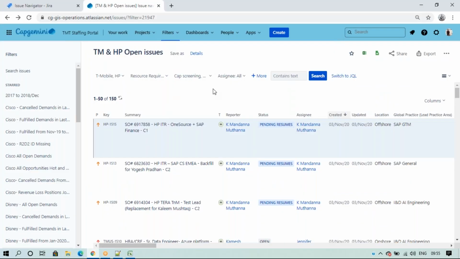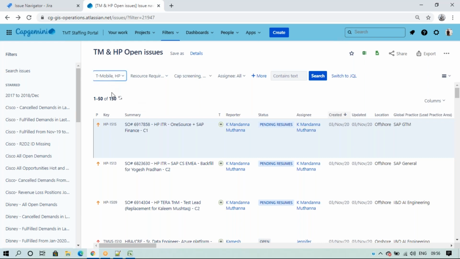Here another challenge is that we can write that filter very easily. So I've written one, and I have 150 issues, but within that 150 I have many options, like project-wise, assignee-wise, or reporter-wise. I want it in a different way, but we cannot get it.